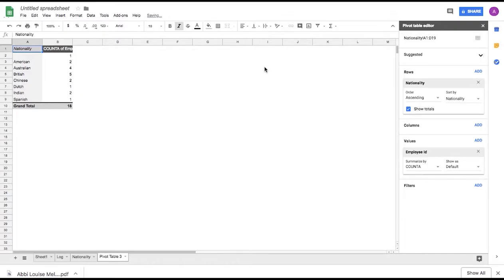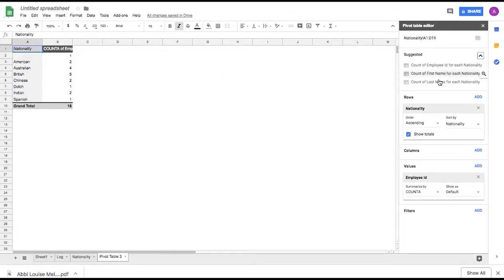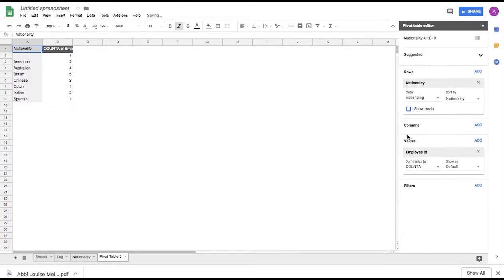For example, if I was selected the count of last name and I have 3 employees with the last name Smith, these employees would count as one value and not 3. So that's just something to bear in mind. I also have the option to include my grand total or not here, and that is basically how to set